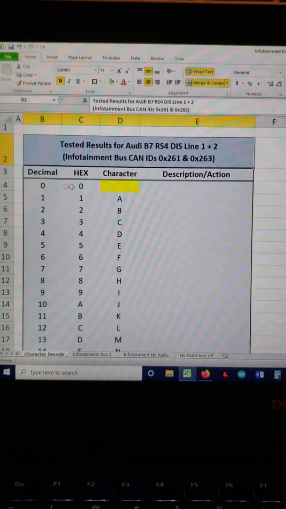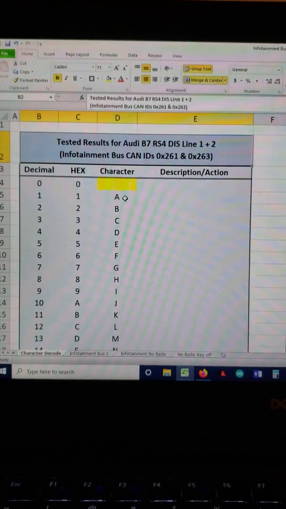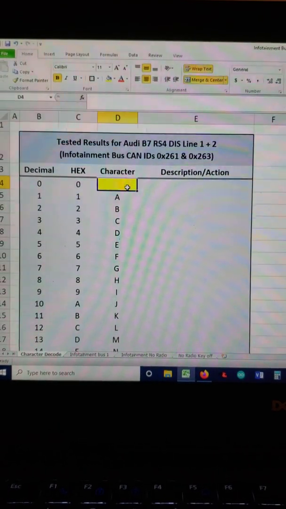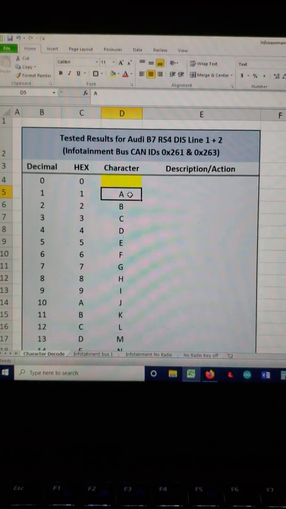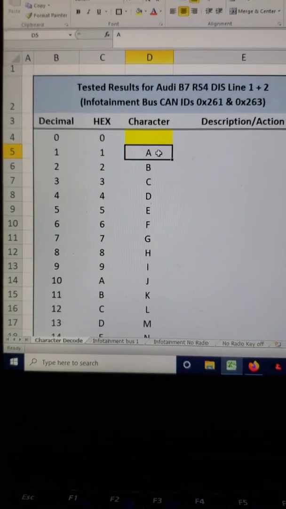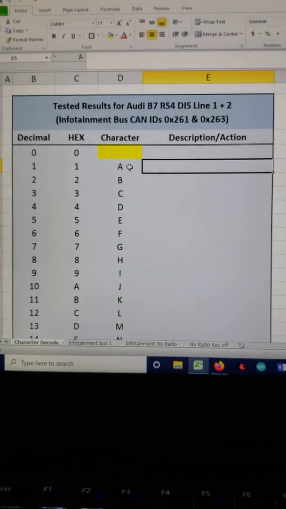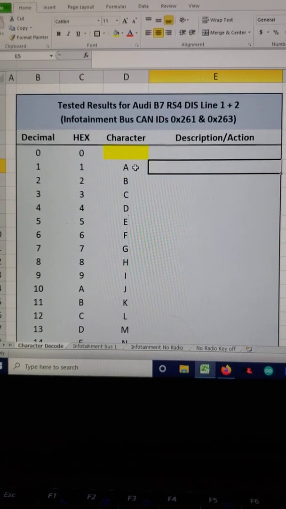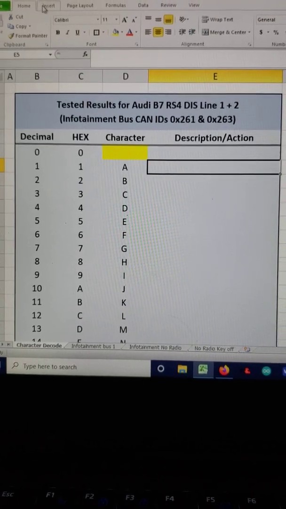I tested all of these different hex values to see what symbol, or character, they resulted in. Any of the yellow boxes, I still need to go back and reconfirm and double check. I've included the specific characters in this column D. I've also gone down the list, if it wasn't very obvious. I also provided a description, and often for many of the characters I don't know exactly what they were, so I just wrote a description and then tried to find it in the Excel's